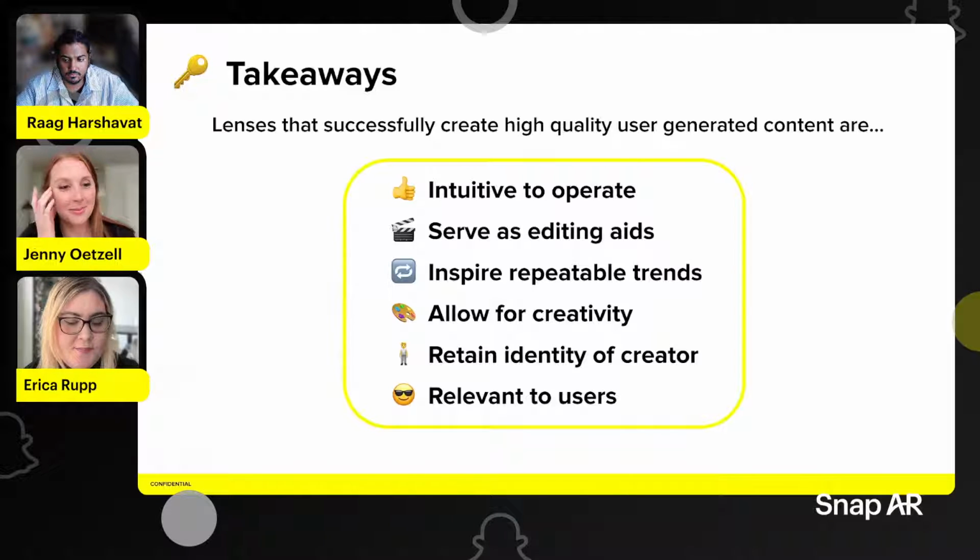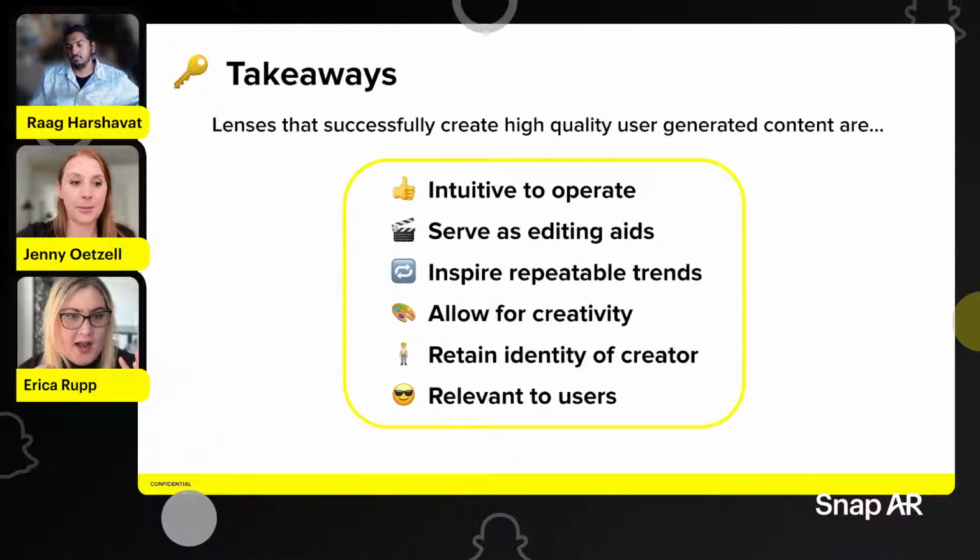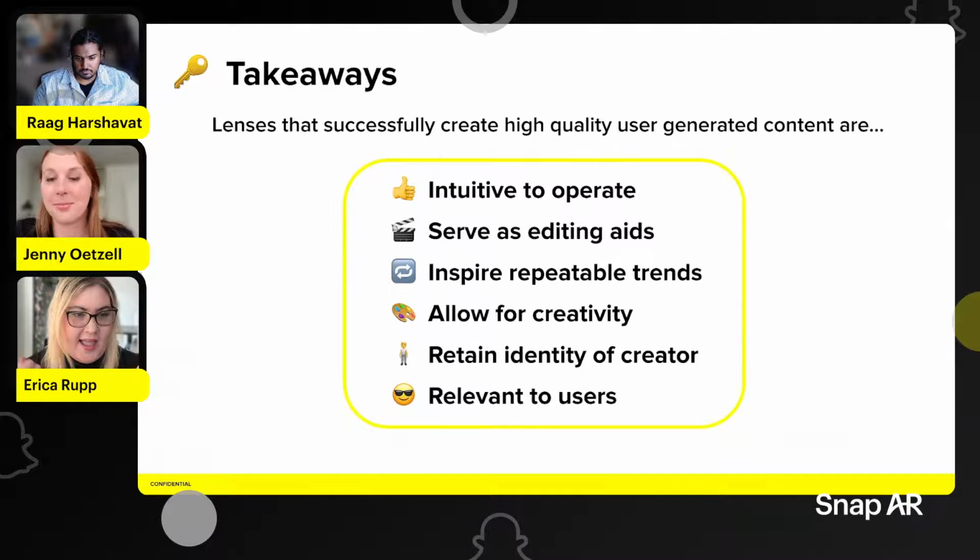Just to double down on that, intuitive to operate is maybe the most important. There have been so many incredible lenses where people just can't get it right away. I know that it would have made for the best content and it had such viral potential, but because a viewer couldn't easily understand how to operate it, it's such a shame. It's such a block. So I would encourage you to give the lens to somebody who has no idea what it is and just see if they can naturally interact with it and make content. That's going to tell you everything, where the pain points are, if there are any frustrations. So that's a really big one.